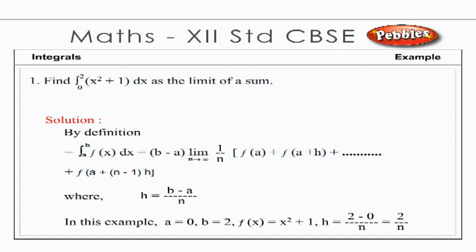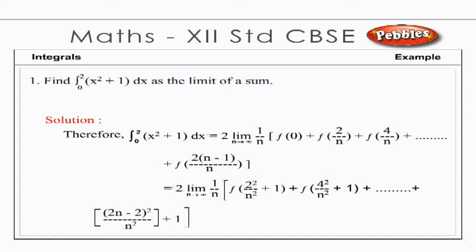In this example, a is equal to 0, b is equal to 2, f of x is equal to x square plus 1 and h is equal to 2 minus 0 by n, which is equal to 2 by n. Therefore, integral 0 to 2 x square plus 1 dx is equal to 2 into limit n tends to infinity of 1 by n into [f of 0 plus f of 2 by n plus f of 4 by n up to f of 2 into n minus 1 by n]